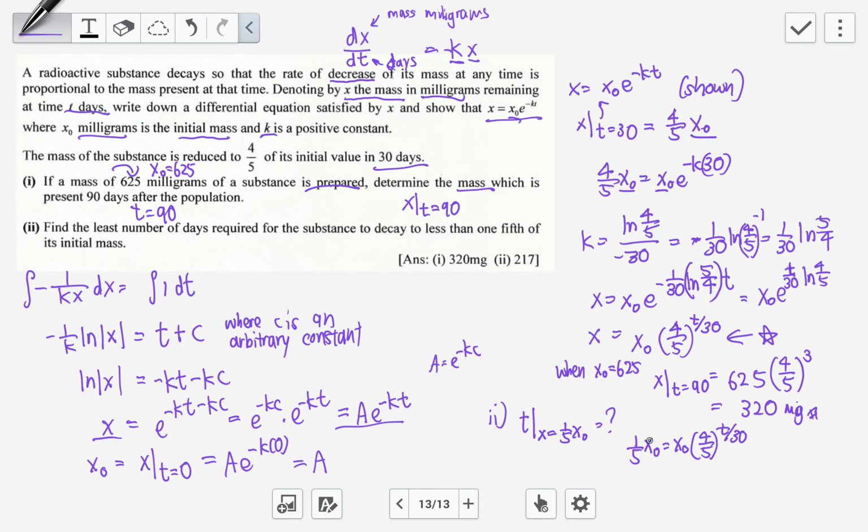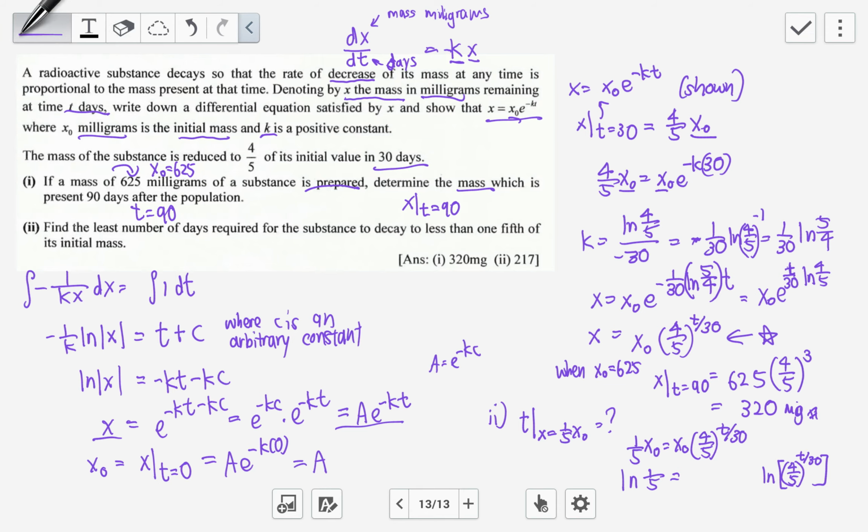Then x naught would cancel off, so we'll have 1/5. I just write it down so that it's clearer. Because I want to solve for t, it will be useful if I could bring this down, so I would put a ln on both sides. If I put a ln here, I have to put a ln of this here. So this would be erased, and t over 30